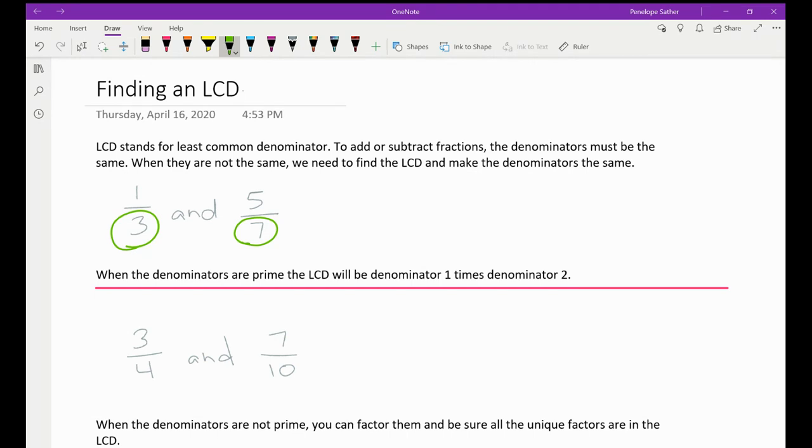A couple of things I notice about 3 and 7 are that these are both prime numbers. It means the only thing that divides into 3 is 1 times 3, and the only thing that divides into 7 is 1 times 7. So if you happen to have two prime numbers that really can't be factored, when you're trying to find your LCD, what you want to do is multiply those two things together. So it turns out that if I did 7 times 3,